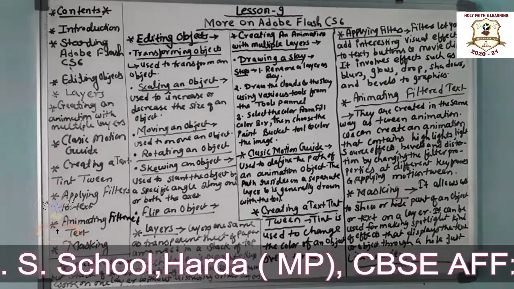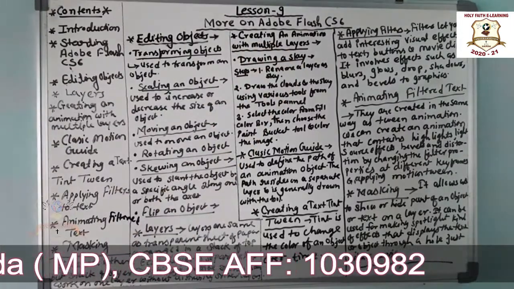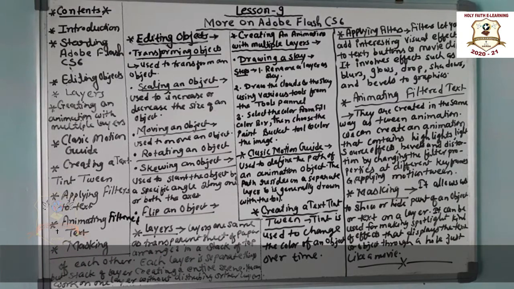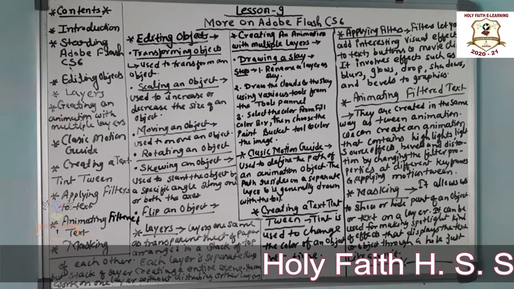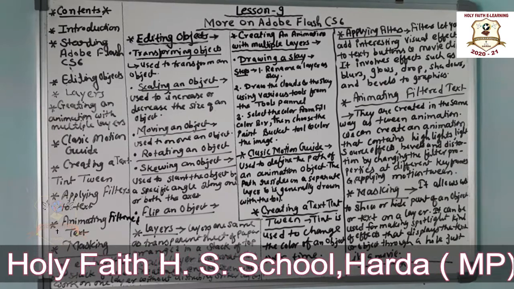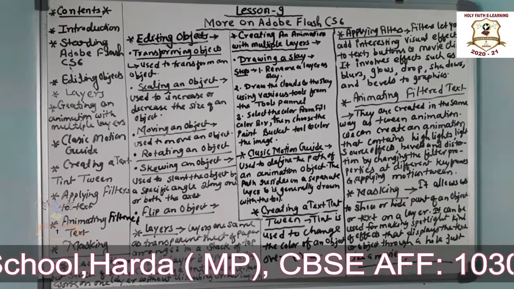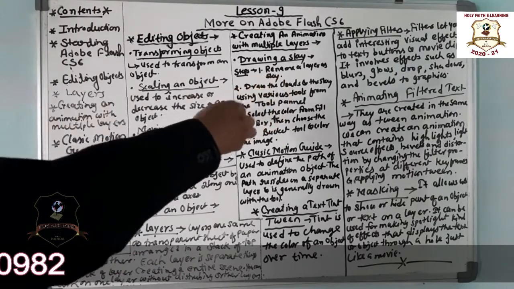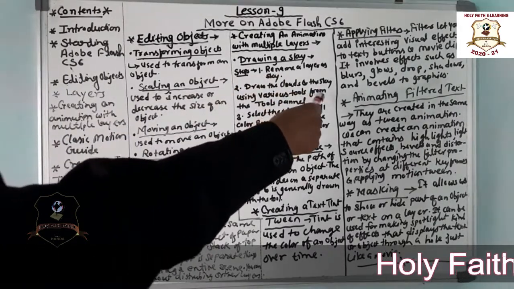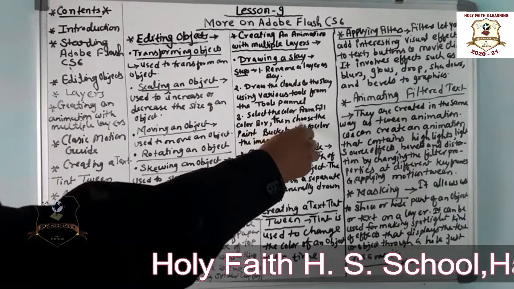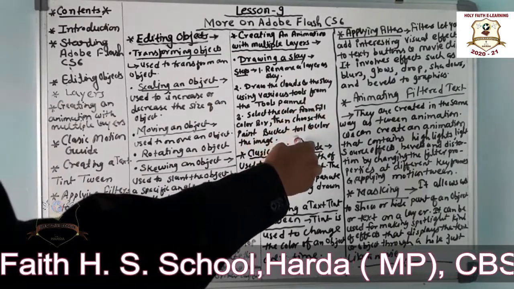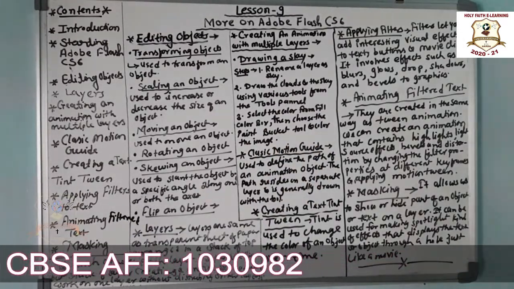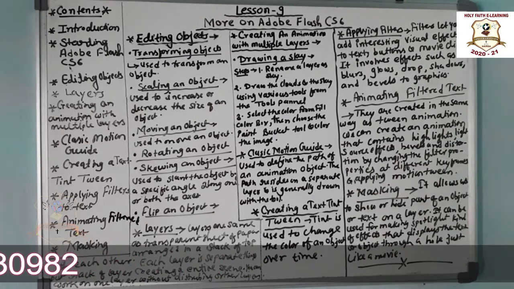Okay, now creating an animation with multiple layers. Animation means a moving image: if we arrange layers one above another and change the layer speedily, then that is called animation. So, drawing the sky, how to draw a sky? The steps are: rename a layer as sky, draw the clouds and sky using various tools from the tools panel, select the color from the fill color box, then choose the paint bucket tool and color the image. That is how you can draw a sky, or in a similar way you can draw buildings, aeroplanes, etc.